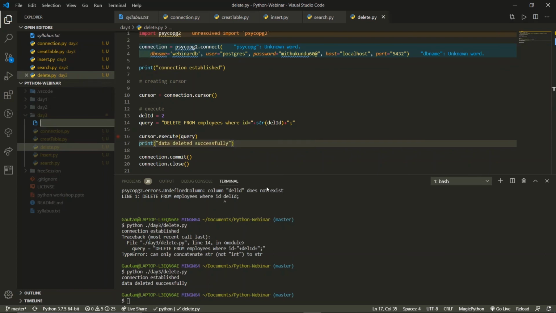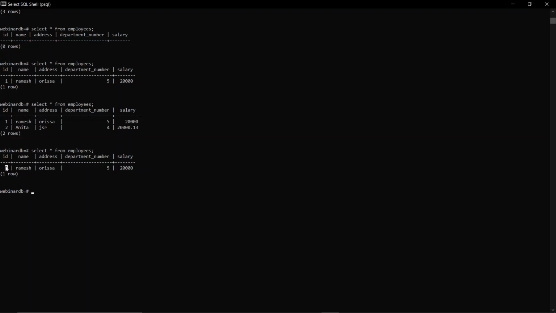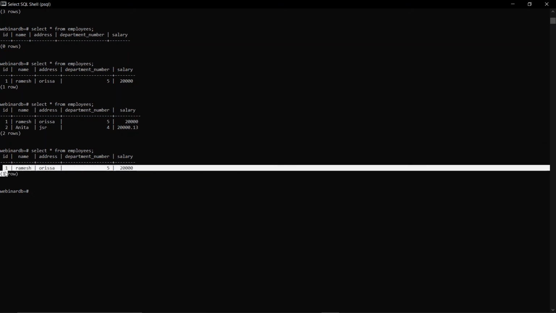Okay, Abhishek, but here we converted into string type. Yeah, we converted into string type. This is because the query that executes is a string. Okay, sorry, what you meant to say is whether this ID we used over here is string type or not? Yeah, every value over here is stored as string.